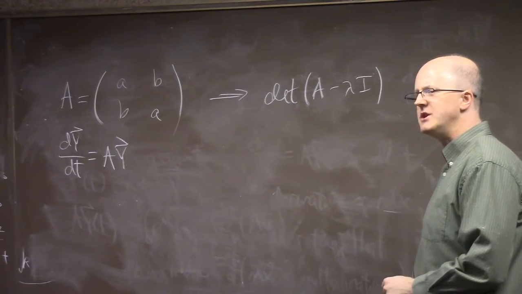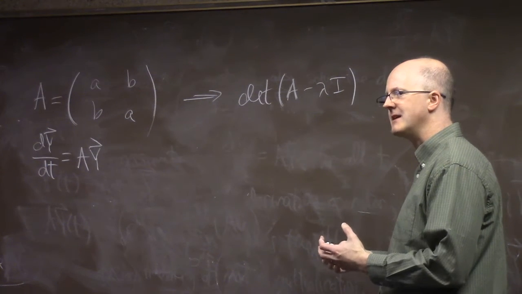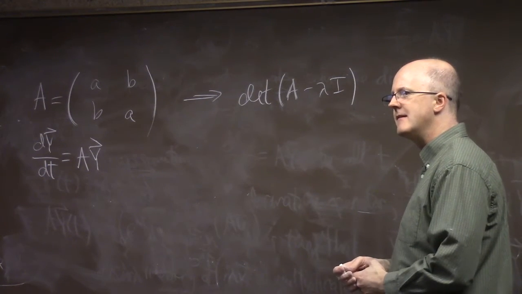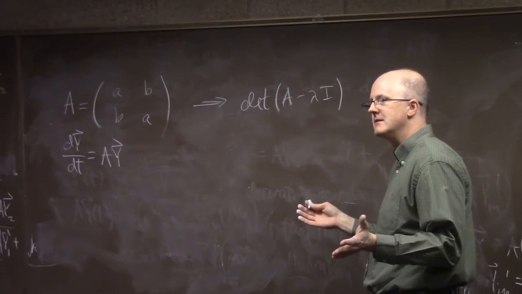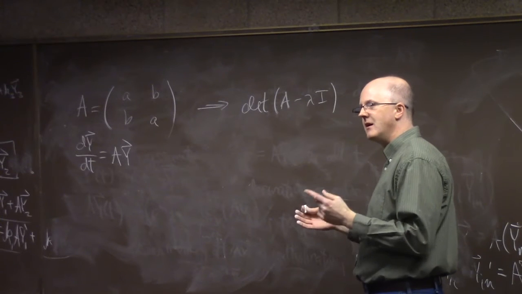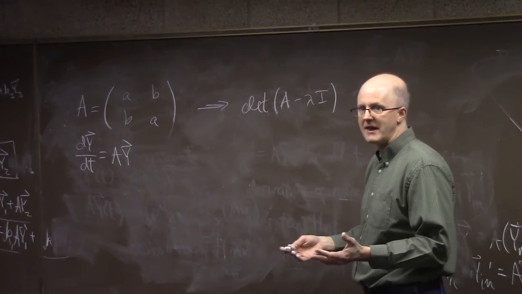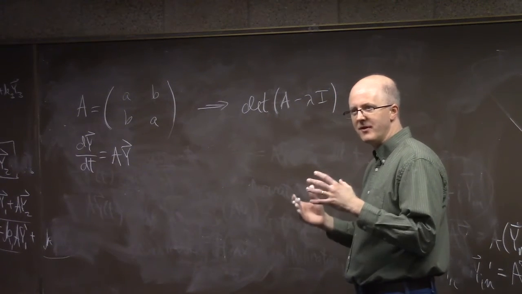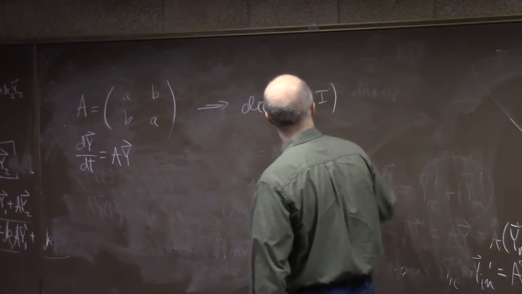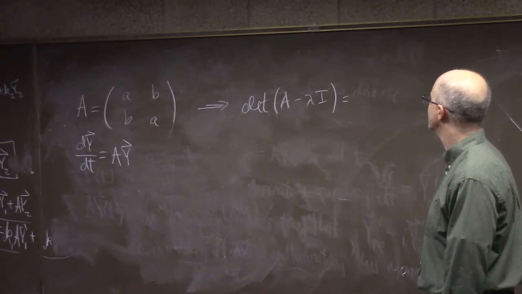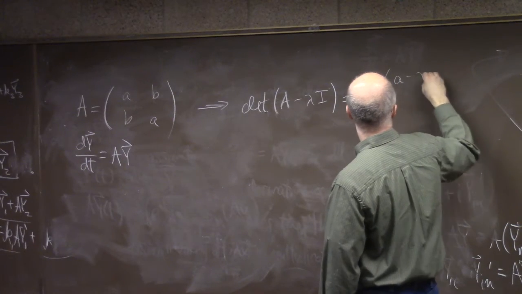By the way, you should also know the geometric motivation for eigenvalues and eigenvectors. I suppose I could test you on that as a proof type of problem. I haven't written the proof actually yet, if you're wondering. I haven't figured out which proof I want to put on here yet. So I'm still thinking about it. You should review the geometric meaning of eigenvalues and eigenvectors, the motivation for that in terms of straight line solutions. Maybe I could put that kind of thing into some proof somehow. Anyway, coming back here, we've got to take the determinant of